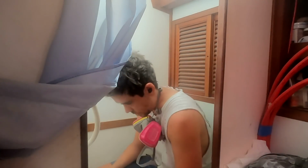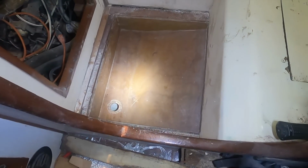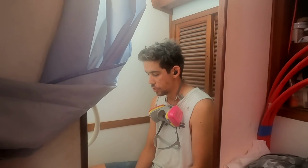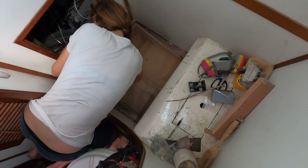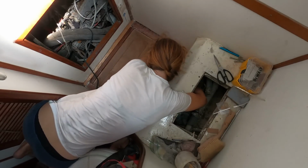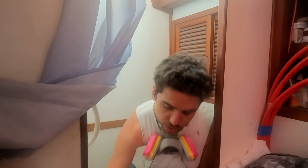So I've just finished installing the timber basin of what will be the shower bilge. Kiara knocked that up with a jigsaw and some plywood and nailed it all together while I was working on the compression post. And then she handballed it back to me to install in the framework that I've been building to support this bulkhead and that floor, which was all rotten and water damaged and trashed. In fact,